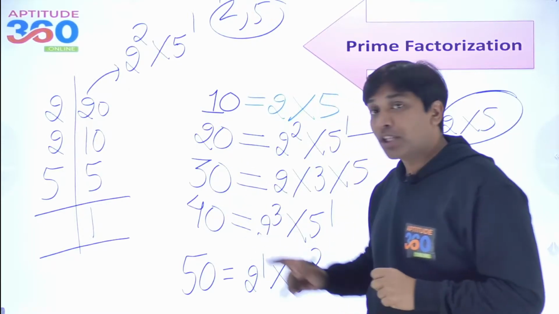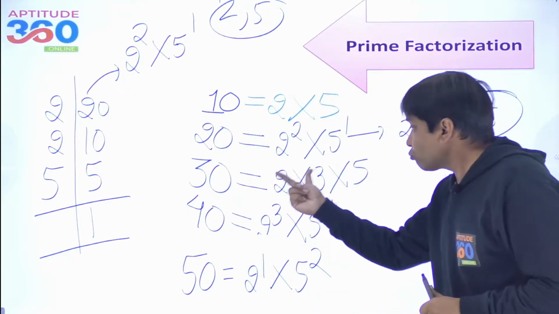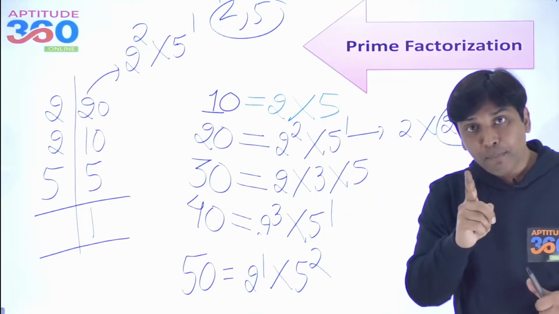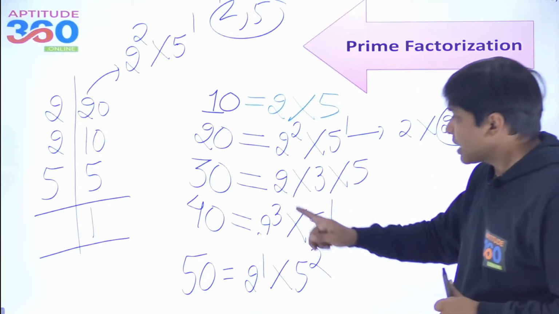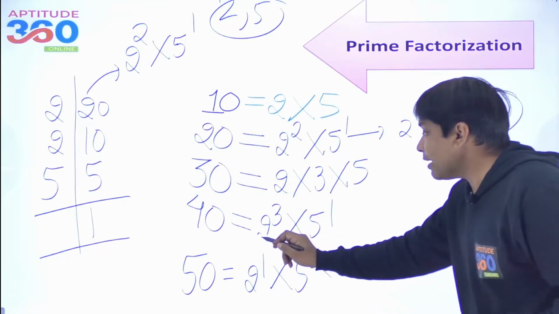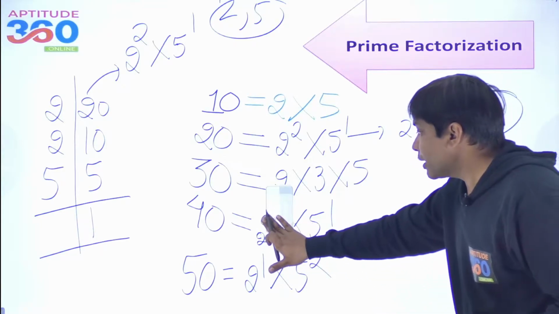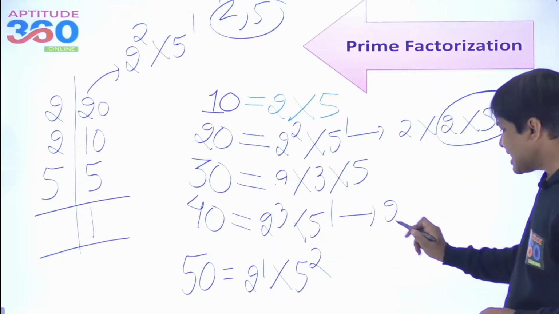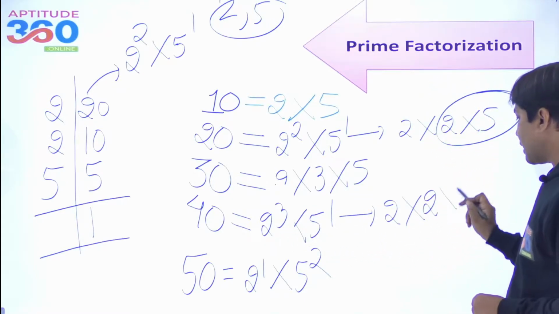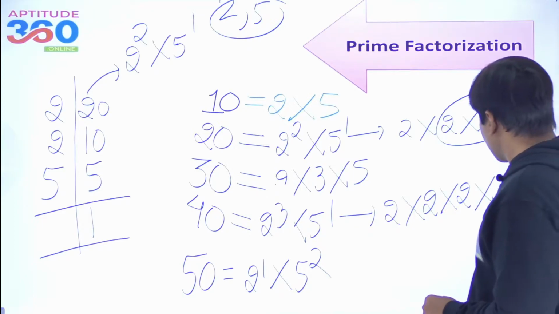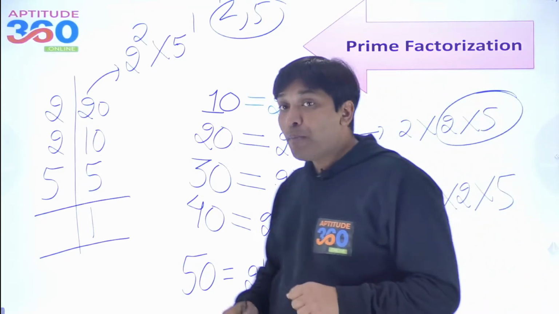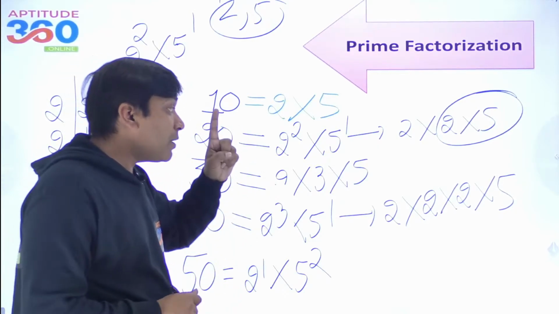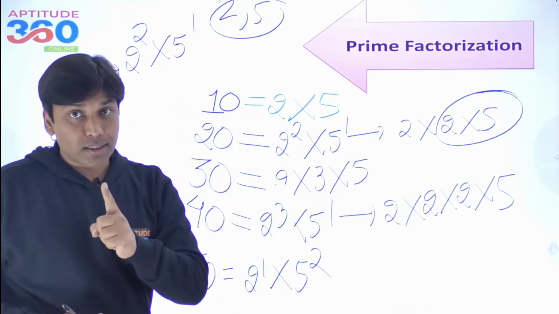Similarly, in the case of 30, do the prime factorization. You got 2 into 3 into 5, right? 2 and 5. You got 1 pair and hence you have got one 0. Similarly, in 40, I have written 2 to the power 3 over here, and 5 to the power 1. So 2 to the power 3 means this. How many 2s do I have? I have got three 2s, but how many 5s do I have? Exactly 1. Is that okay?